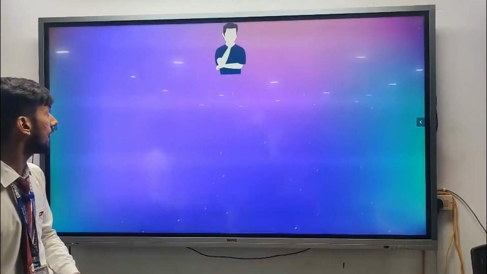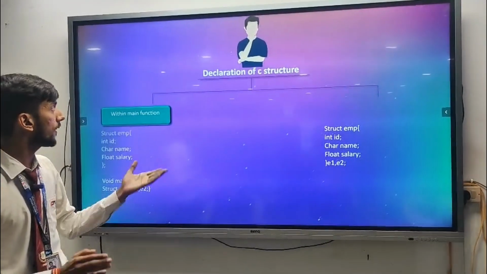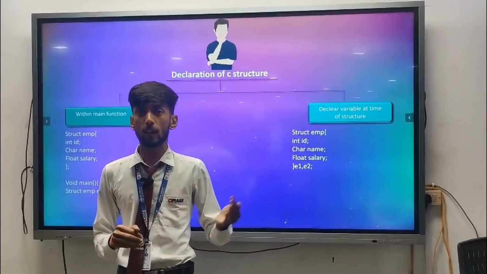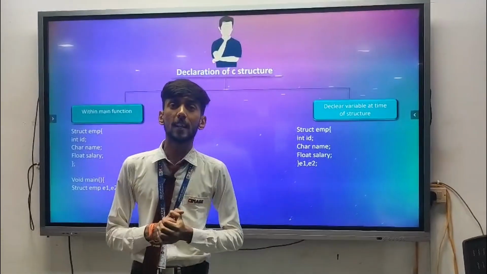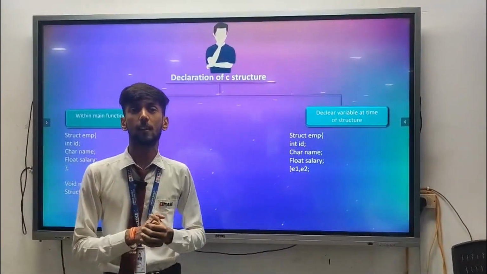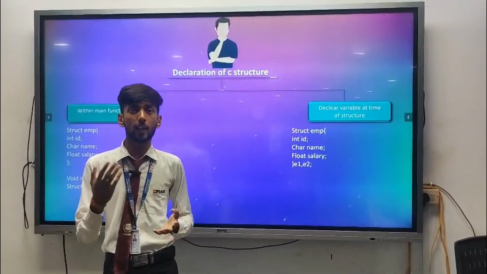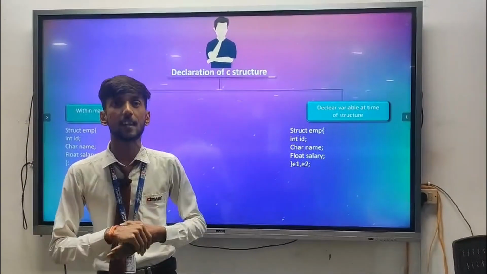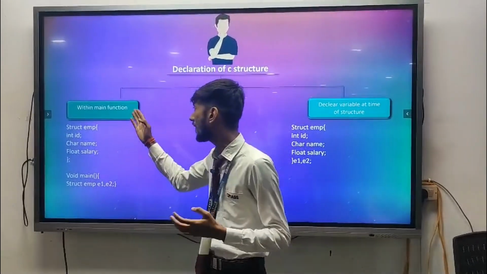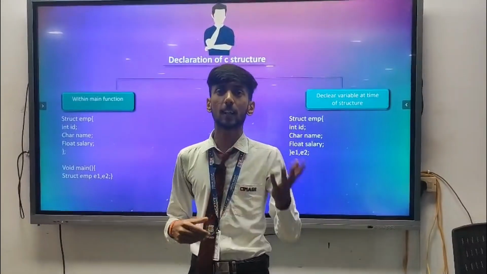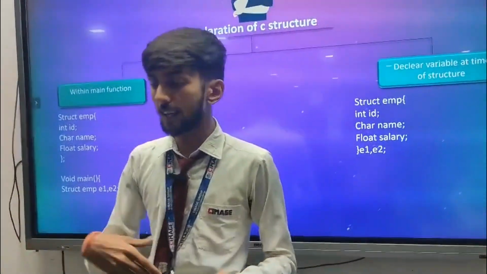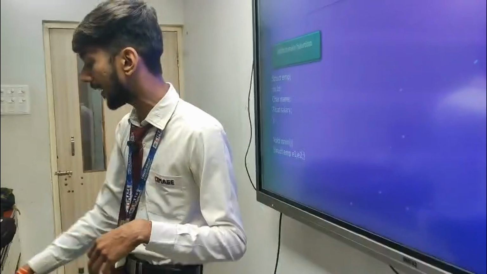Now coming to our next stage, which is about how the declaration of a structure is done. It can be done within a function and also outside the function. To use the structure globally in a program, we define the structure before the main function, so that whenever we use the structure, we can access it throughout the program, or even if we are making a big project in C language, we can use that structure throughout the project. And if the structure is defined within the main function, then its accessibility will be limited to that function. It cannot be accessed anywhere outside the function where it is declared.